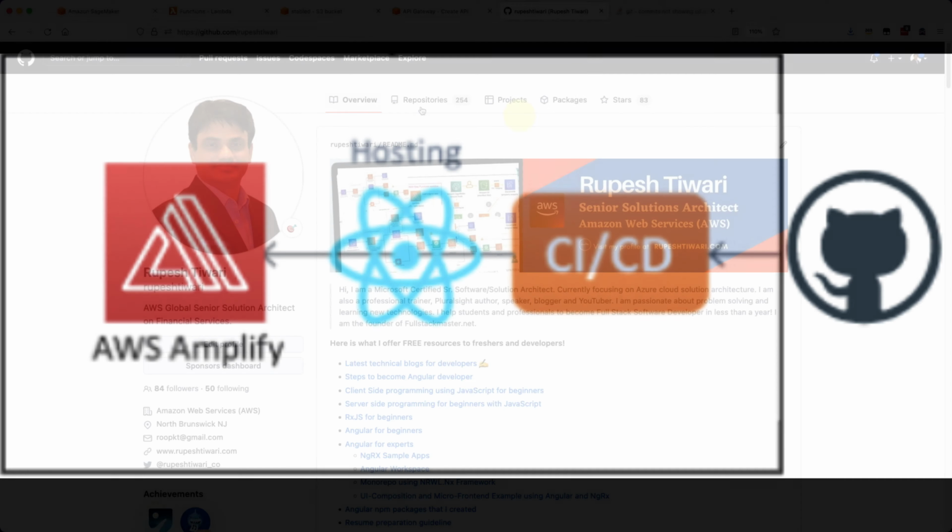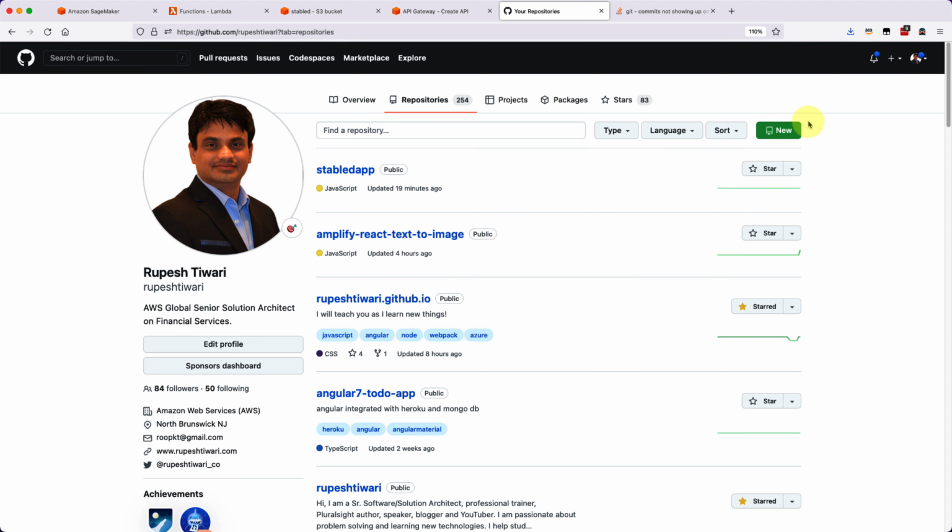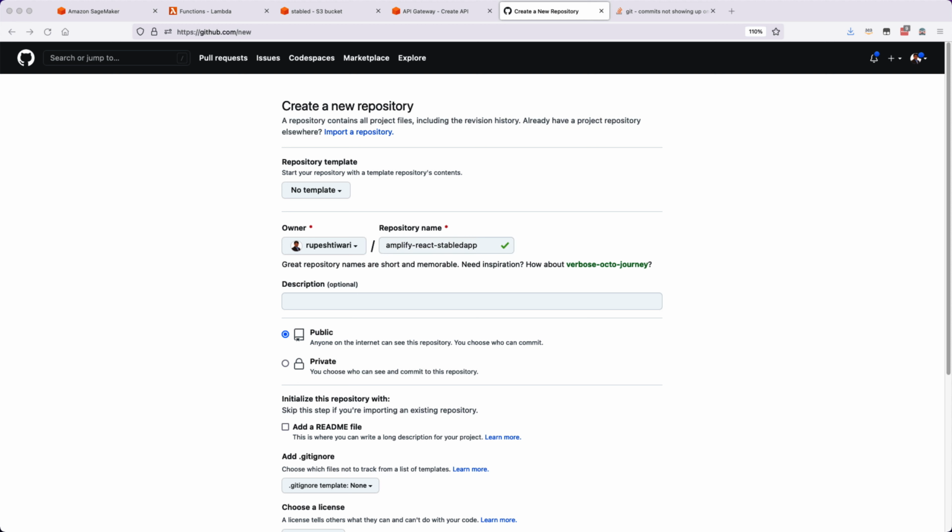So let's go ahead. First, you go to your own GitHub profile. If you have not created one, create it, and then hit the repository tab and click the new button, where you will create the new repository. I will give a name, so you can give your own name and put some description, and click on the